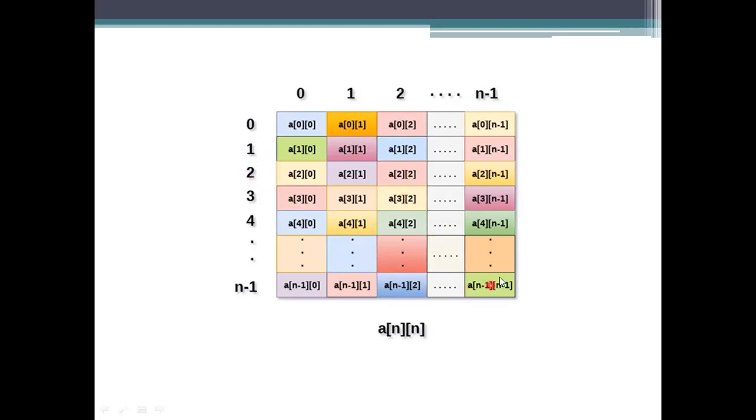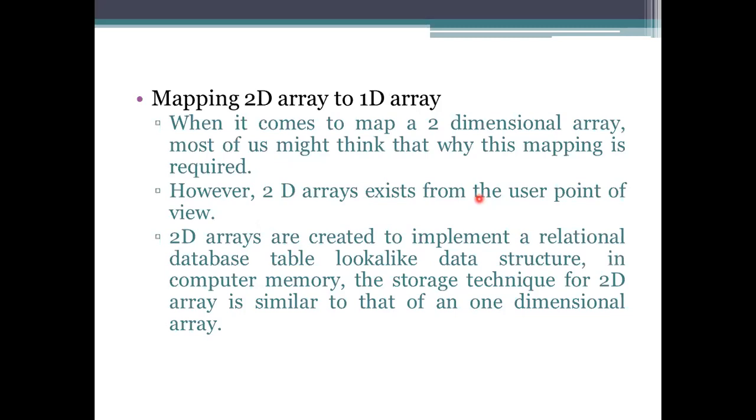N minus 1 means up to this one. If you want to access this one, what you have to do is specify A of 3, 2. So if you have mentioned 0 to n minus 1, what happens here is we need to subtract one number while accessing them. To access the real second row of that element, just specify A of 1, and then next n will be specified, or you give the actual column number. You can give the column number for accessing.